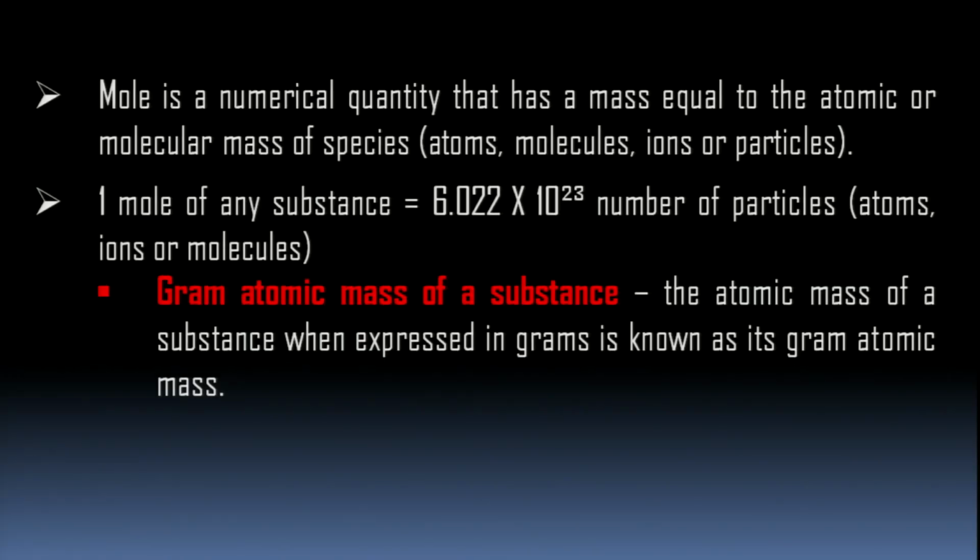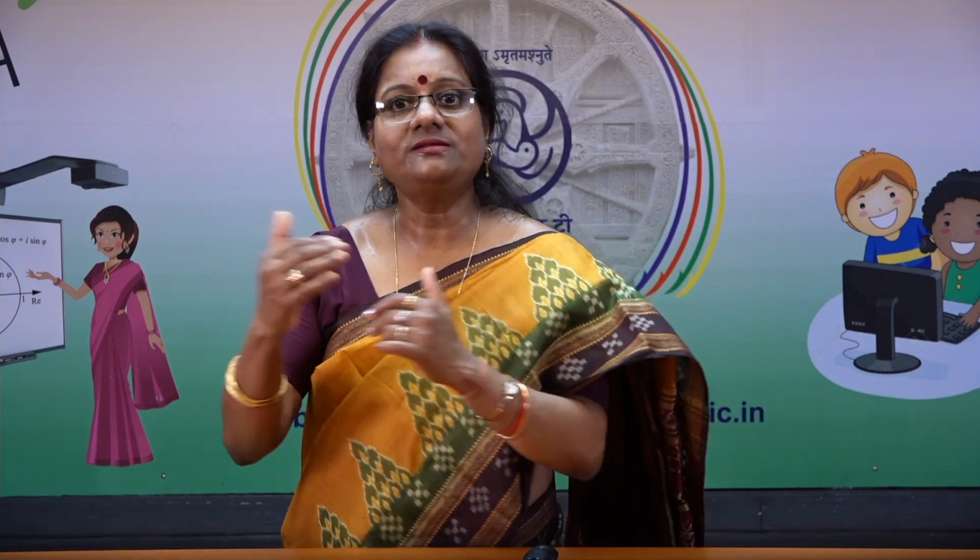How do we express the atomic mass? You remember, children, what we had discussed? Yes, first we had done it by AMU, then we call it U, that is the unified mass. That unified mass, when written in grams, becomes the gram atomic mass. Okay? Now,